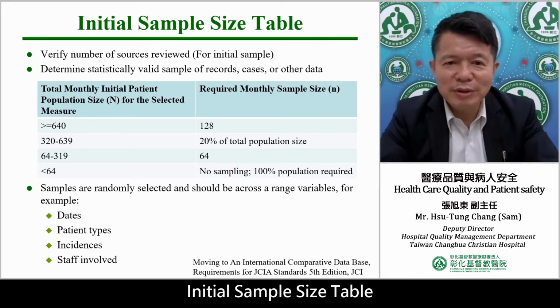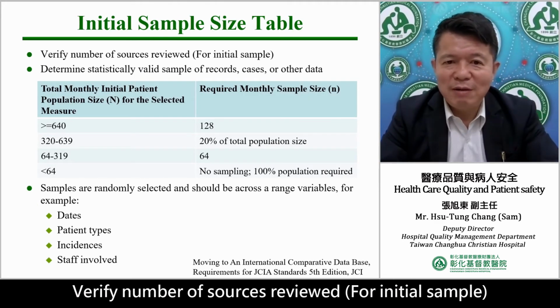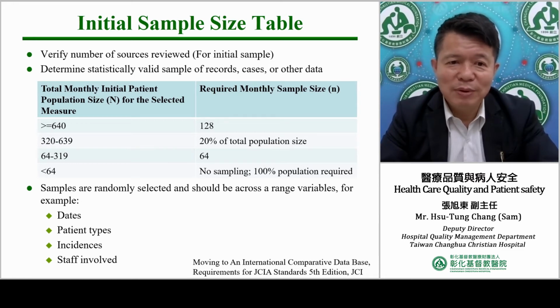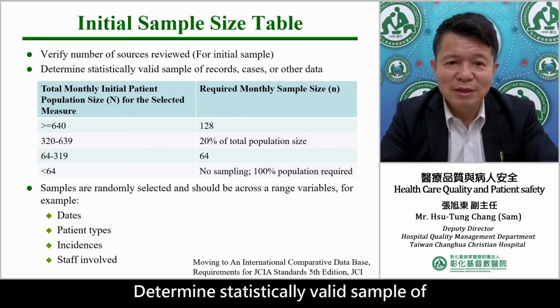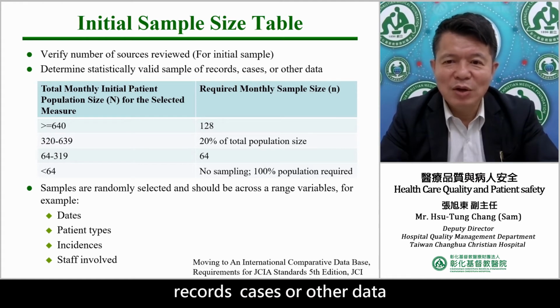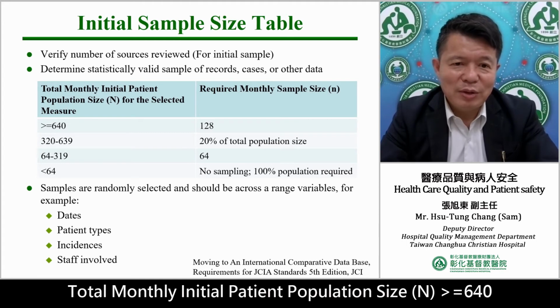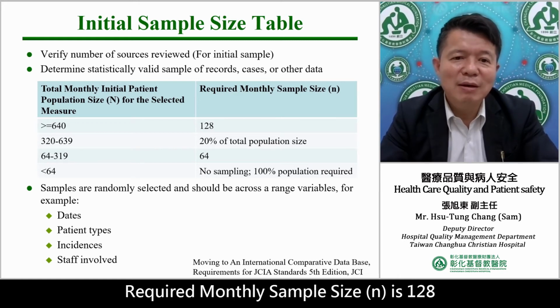Initial sample size table: verify number of sources reviewed for initial sample. Determine statistically valid sample of records, cases, or other data. Total monthly initial patient population size greater than 640: required monthly sample size is